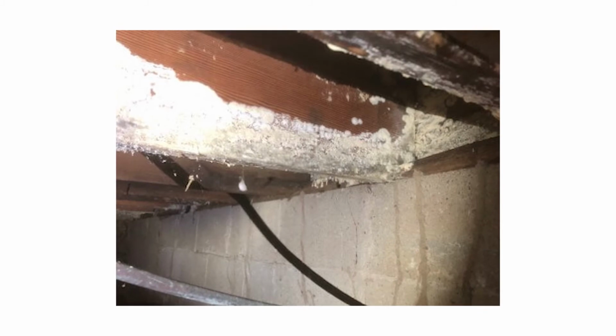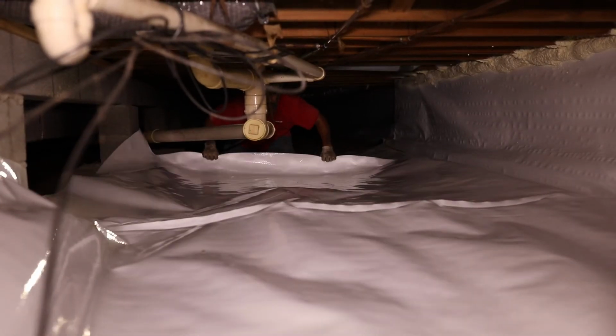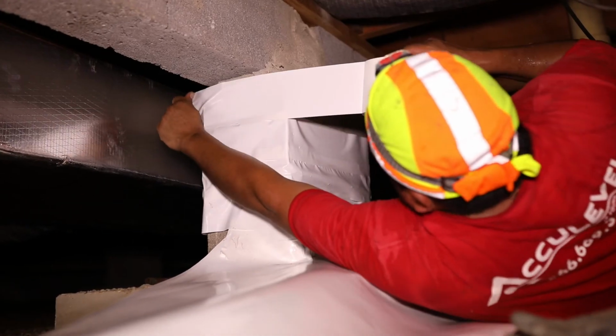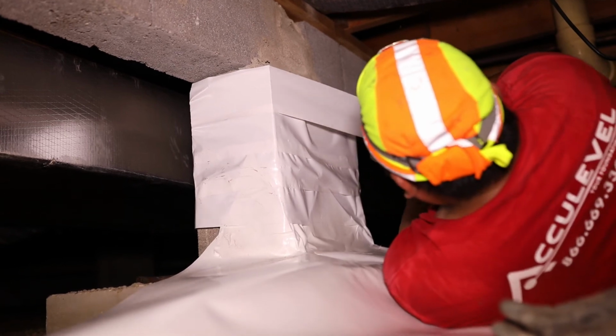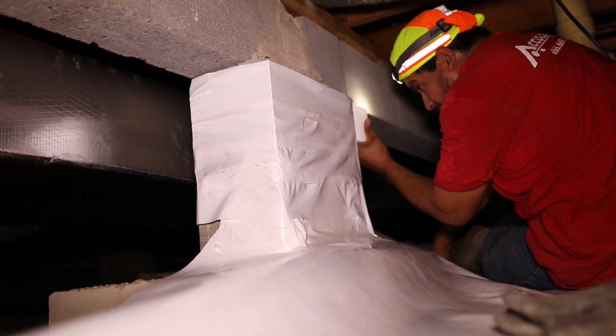And after you've already done your treatment, you just want to make sure that it stays dry in your crawl space. A lot of our customers would even go as far as doing a full encapsulation on their crawl space, which is definitely going to make the climate under your home as dry as possible. That's a definite solution that would really help in a lot of situations. The biggest thing is just making sure that your crawl space stays dry so that mold can't develop in the